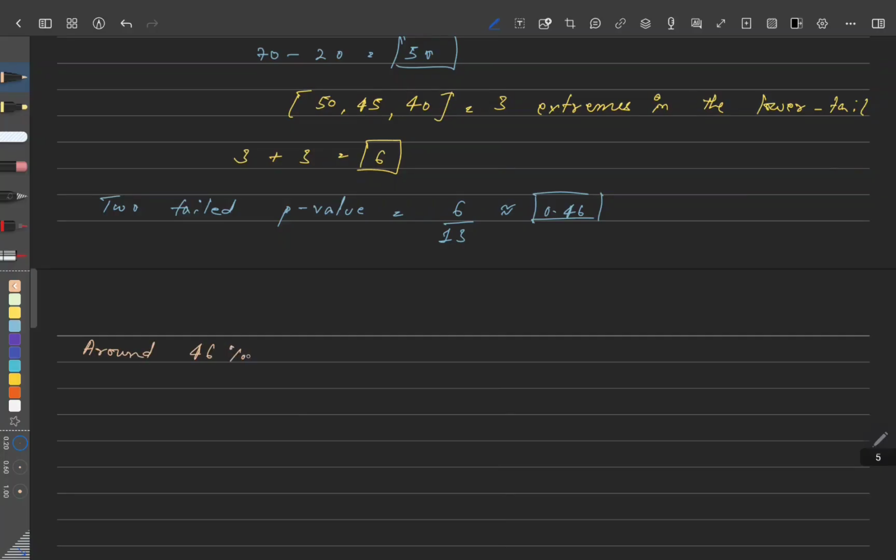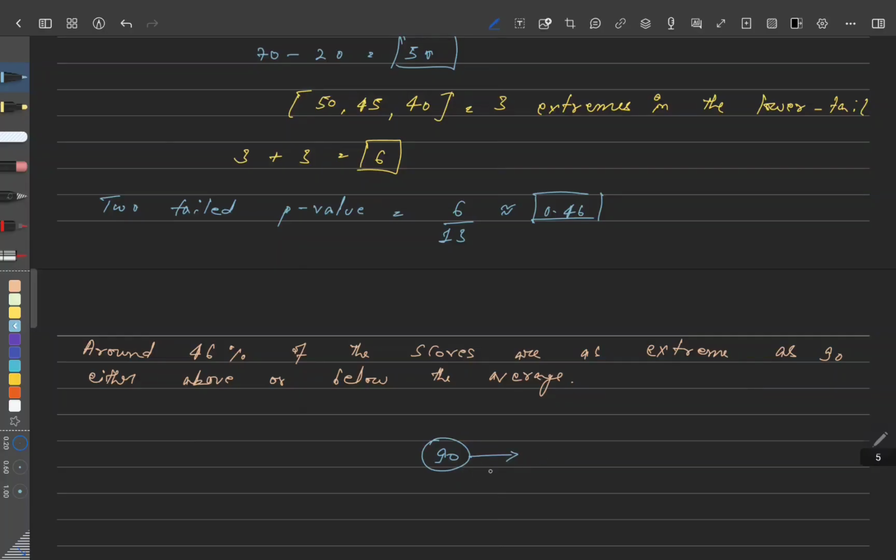So around 46% of the scores are as extreme as 90, either above or below the average. Okay, so to summarize this, if 90 is your reference score, the upper tailed value is this: